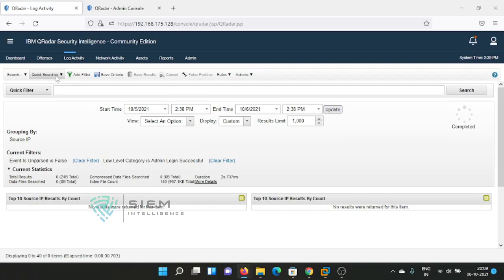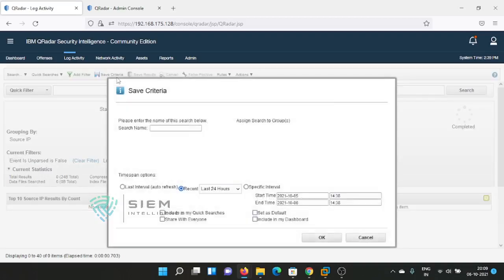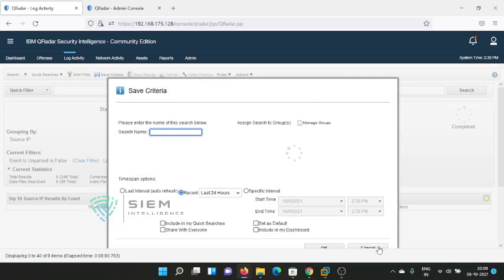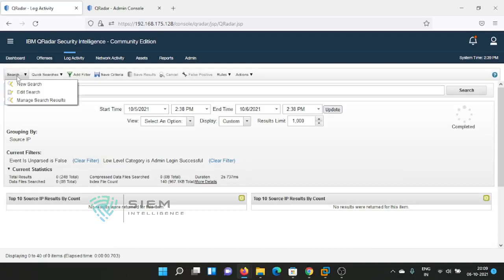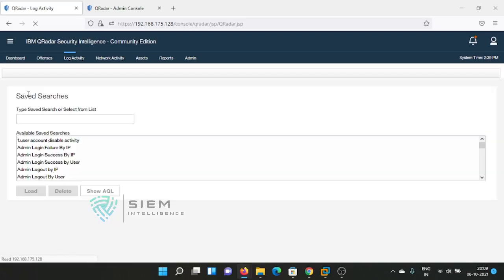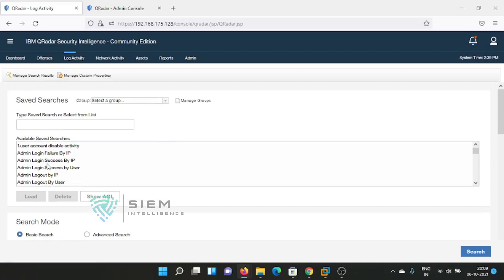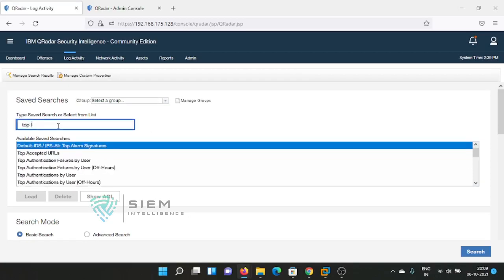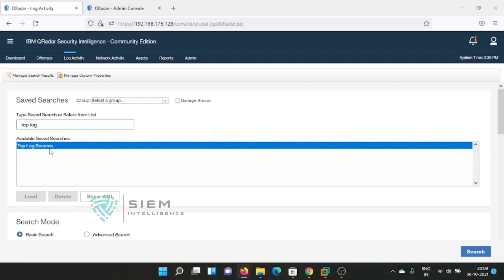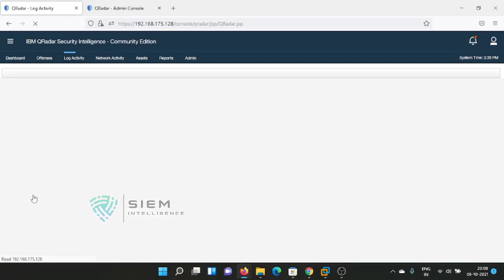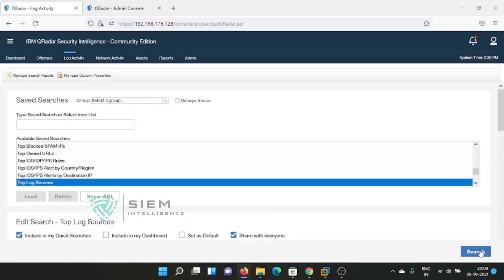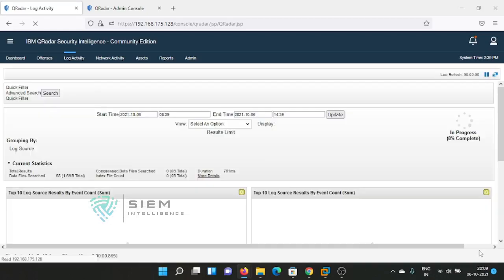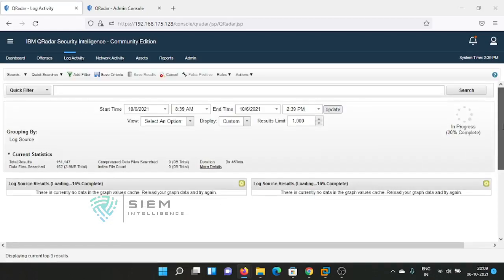Now I want to save this search again with another name. I have taken the top log sources search, which is quite easy for us. I load it and search, and I get some data.